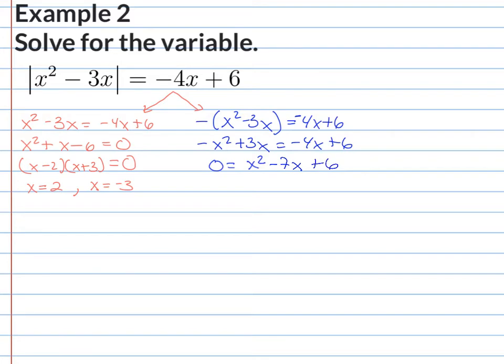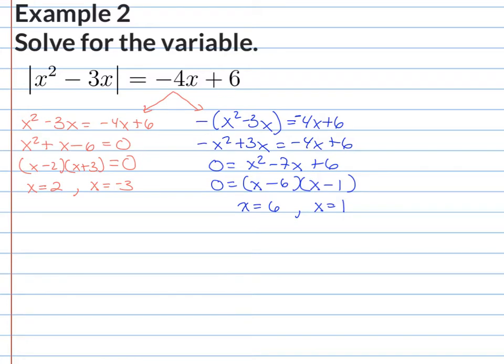I'm going to factor that out, and I'm going to have my two binomials, x minus 6, x minus 1. So my two other answers are x is equal to 6 and x is equal to positive 1. So these are all possibilities that I could use, and now I have to check for extraneous solutions. Extraneous solutions are solutions that we got, but when you substitute back into your original equation, you